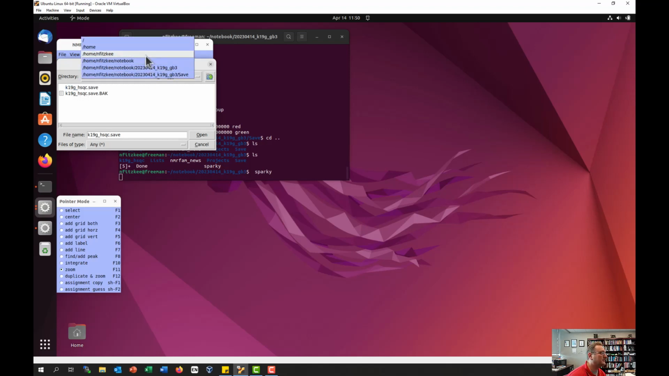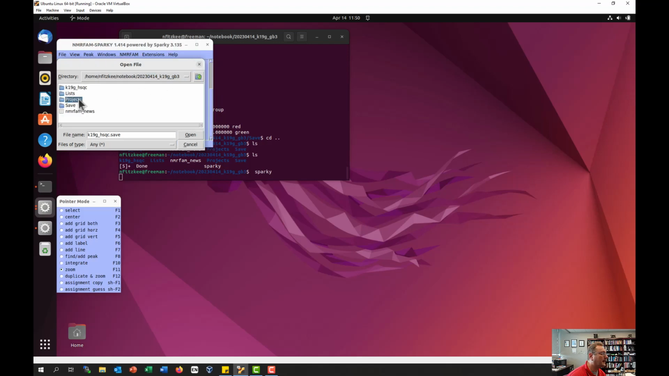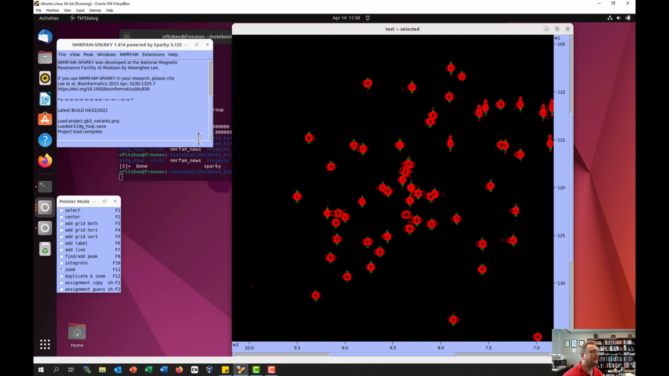But I can also open, up here, the projects file. And here, if I had 4 or 5 spectra open the last time, it would bring them all open. And so that's a really convenient way to do that. And again, if I close this,